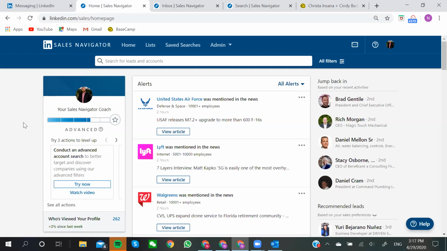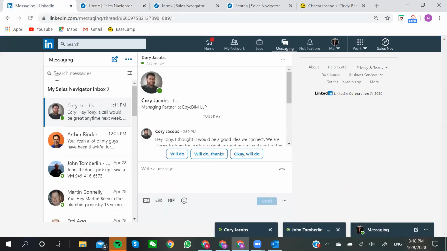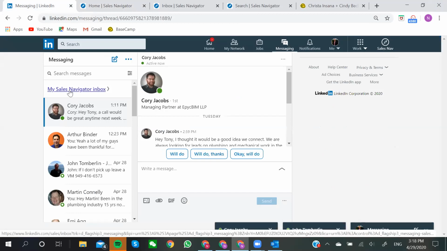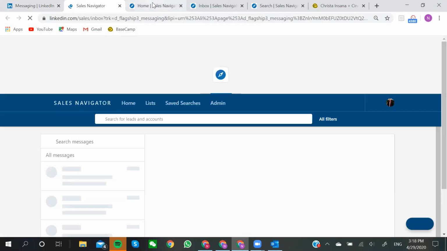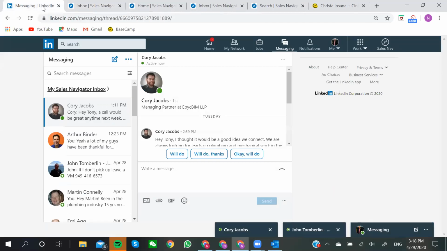All right, I'm going to start with just going over LinkedIn and Sales Navigator, and then we'll get to how we use the automation, which is up here in this corner. It's called Duck Soup, D-U-X Soup. Super simple, but I'm just going to describe the layout here. You can get to the Sales Navigator inbox by going to your inbox, or my Sales Navigator inbox right here, or you can go to your profile, click this little Sales Navigator thing right here,